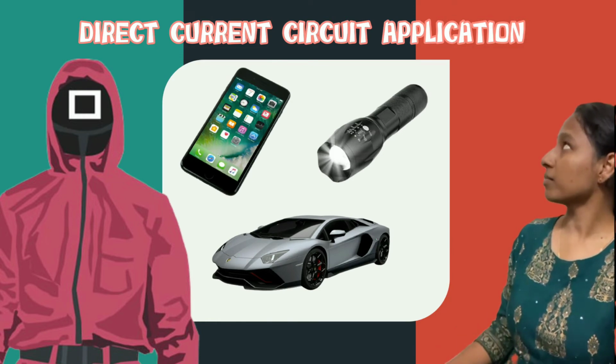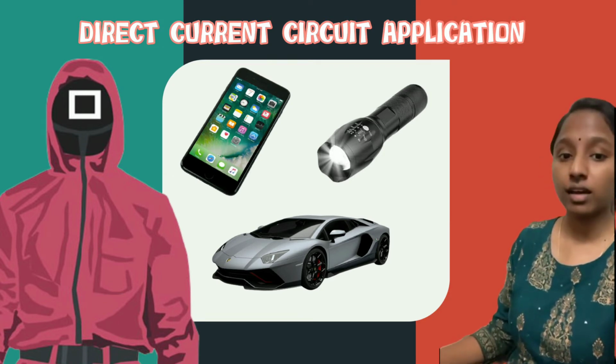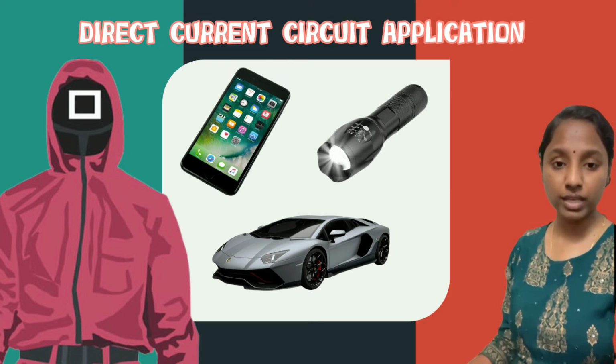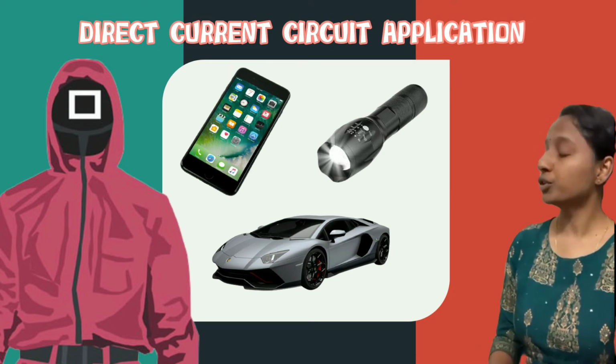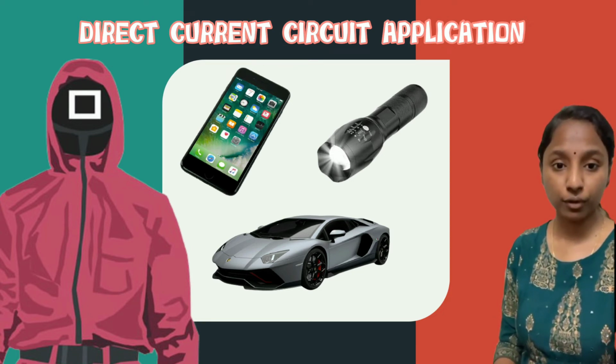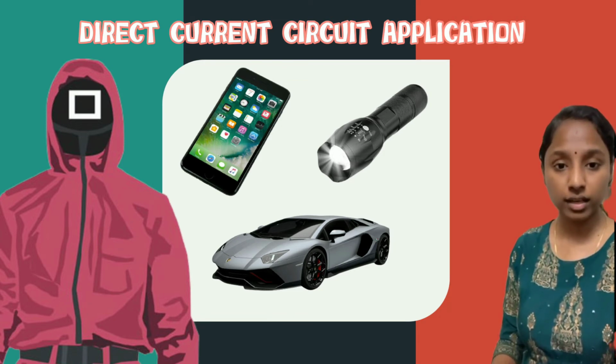These are some examples of direct current circuit applications. We have flashlights, cell phones, and also we have electric cars. Direct current is used in any device that has a battery for a power source. Also used to charge batteries. Rechargeable batteries like laptops and handphones come with an AC adapter, which can help us convert alternating current into direct